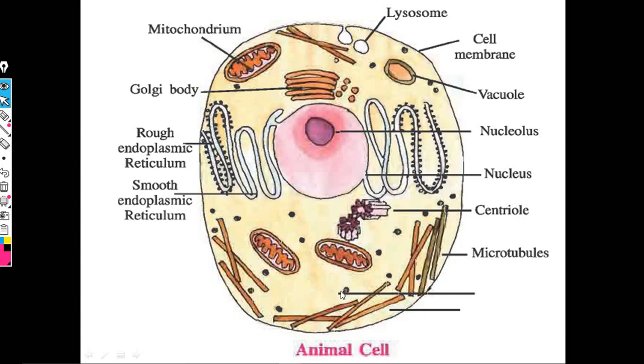And you can identify that these structures are present somewhere here. Yes, now it is very easy. It is ribosome. The size of ribosome is somewhere around 20 nanometer. And 20 nanometer is a very small structure. You cannot observe it without an electron microscope. So one time it was asked in the examination, which of the following structures can only be observed with an electron microscope? The answer will be ribosome, right? Finally, it is the cytoplasm which I have shown. Cytoplasm is equal to cytosol plus the organelles.